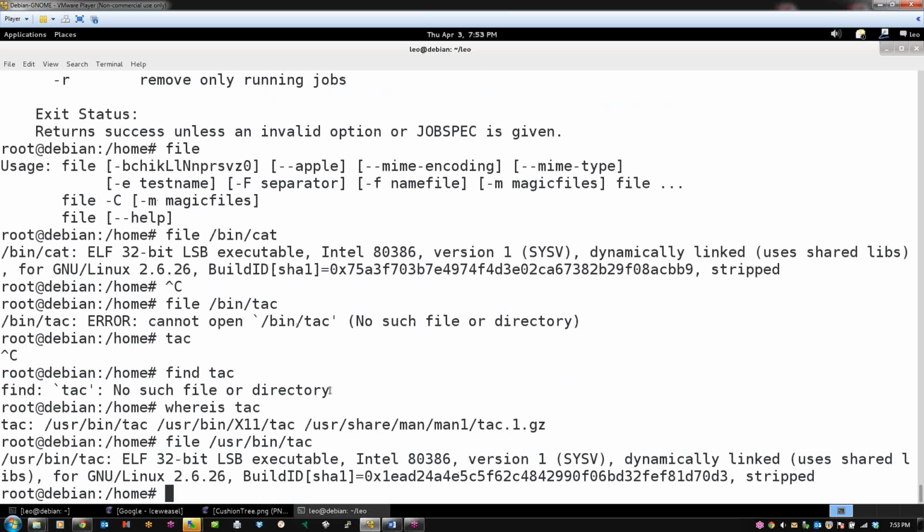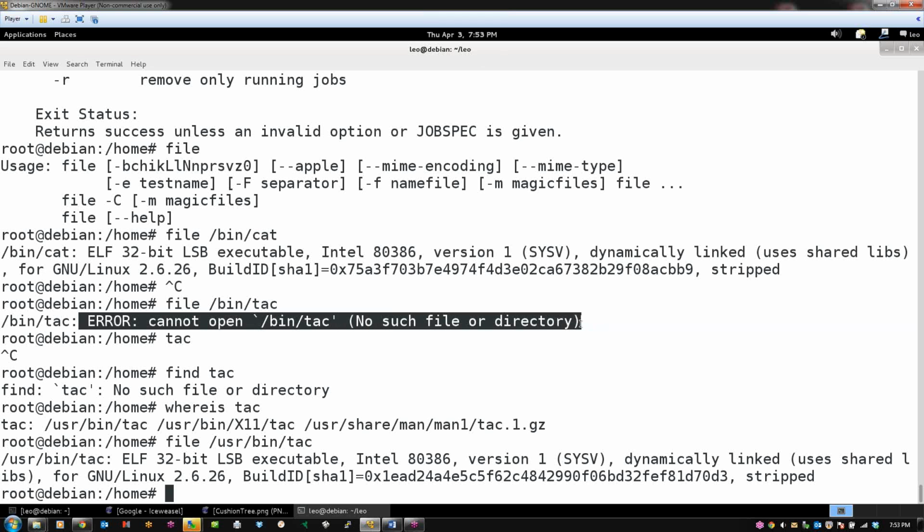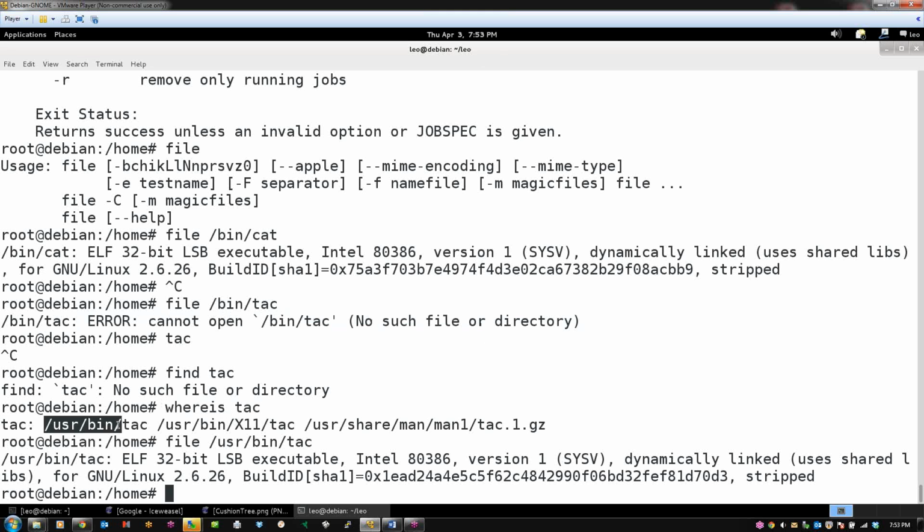So let's learn from the mistakes, okay? Originally I did a cat over here, and I decided to do the reverse of that, and I did a file /bin/tac, and it said error, cannot open /bin/tac, no such file or directory. So I started scratching my head and went, wait a second. Of course, absolutely. We did this last week. tac has got to be installed, so where is it? So then I went, where is tac? And it tells me /usr/bin/tac, et cetera. And so then I just changed my command. I just used /usr/bin from that, and it gives me relatively the same